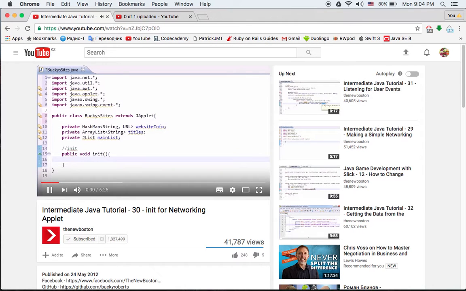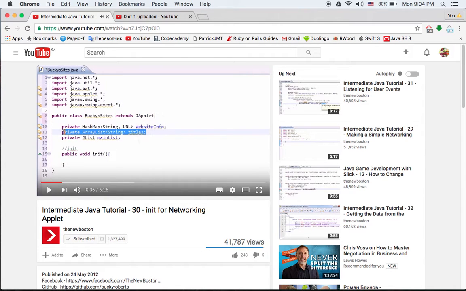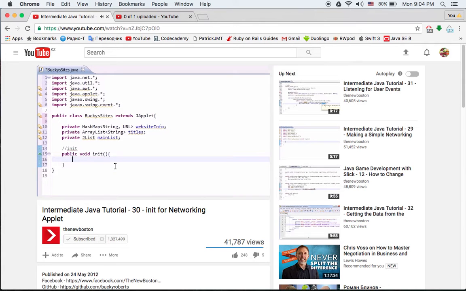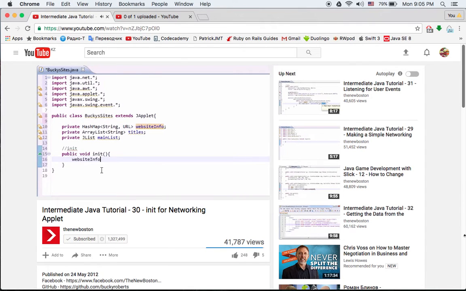The first thing we need to do is, now that we pretty much said, okay, Java, we're going to make a hash map and an array list, we might as well, in our init method, go ahead and make them, since we were always true to our promises. So this one was named website info, so we'll just go ahead and copy that. So website info equals new